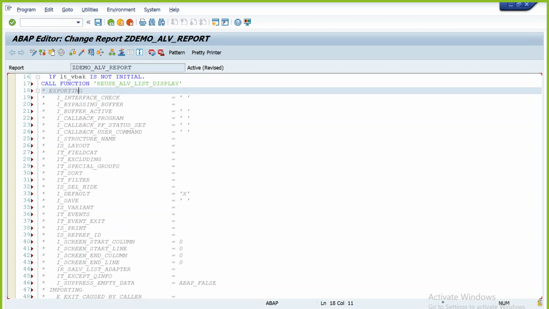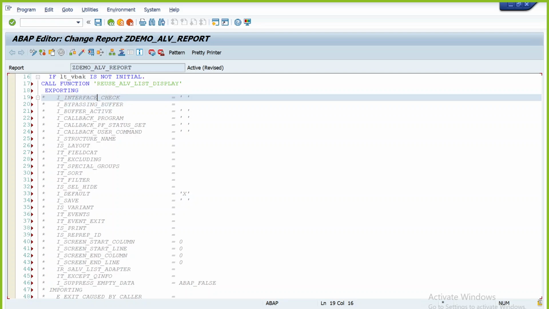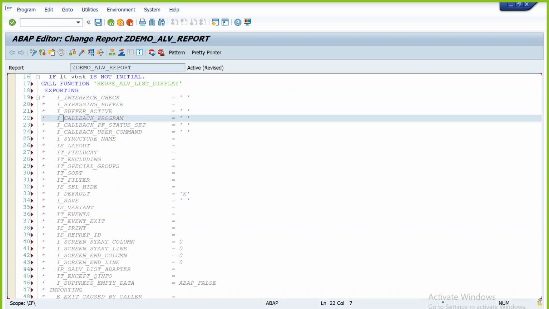Enable exporting. In the interface, sorry, there is a parameter called program name. Where is it? I call it the callback program. Program, it should be